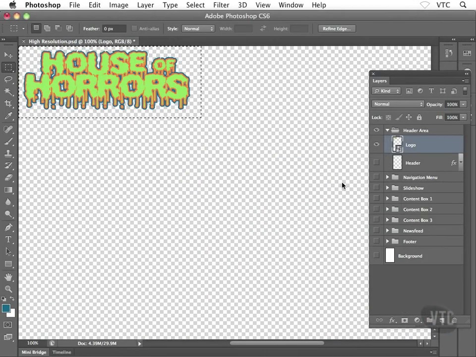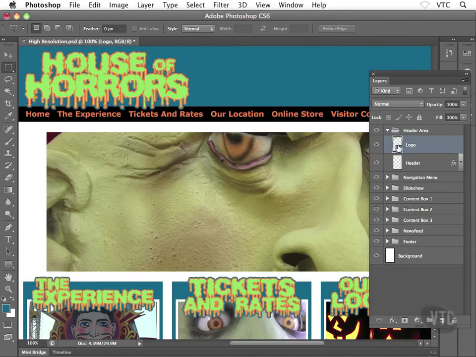So what I'm going to do is head back to Photoshop. The way that we left things here inside Photoshop, I still have the marching ants for the logo selection, and all of the other layers other than the logo have been disabled in terms of their visibility. So here's what I'm going to do. Let's get rid of the marching ants by hitting Control-Command-D on the keyboard to deselect. And then I'll hold down Option here on the Mac or Alt on the Windows side, and one more time I'll click on the visibility icon, the eyeball icon there for logo, and that'll bring everything